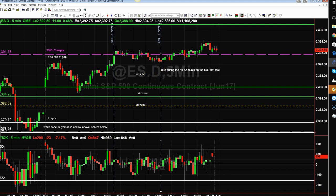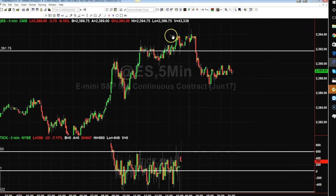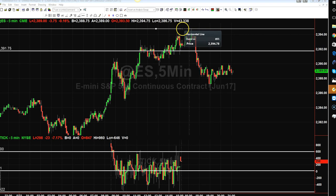Let's say you decided that that volume point of control was a critical location. What would have been the maximum adverse excursion and the maximum favorable excursion? So if we pull this up into early Asia, right, we can see early in Asia we popped all the way up to 2394.75. So our maximum adverse excursion on that trade, had we just stayed in it with no time limit, and we had the patience of saints,